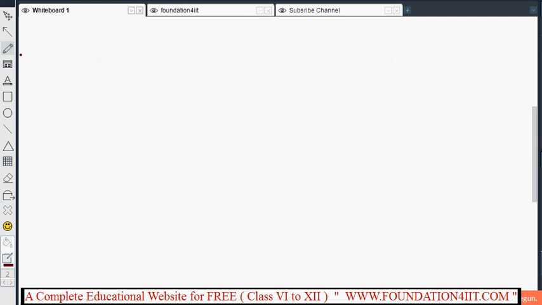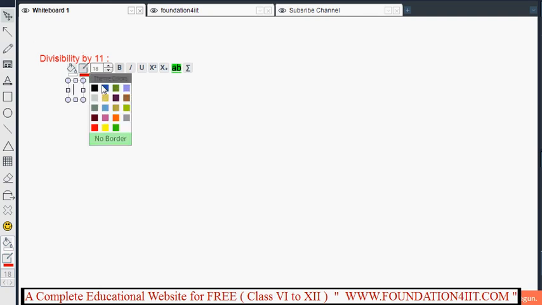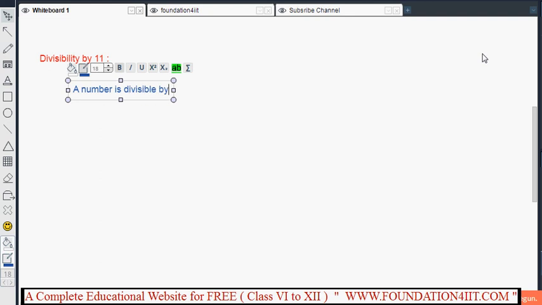Okay, one more, the last one. Divisibility by 11, you'll see now. So what numbers are divisible by 11? Now I'll write the rule here. A number is divisible by 11